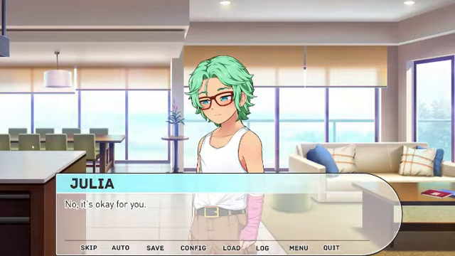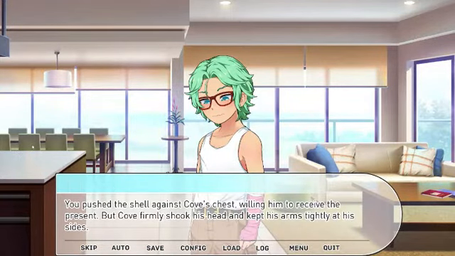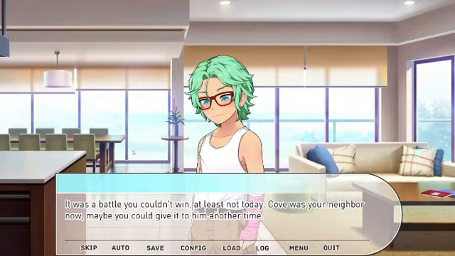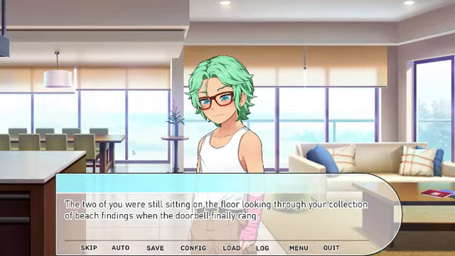"No, it's okay for you." He pushed the shell against Cove's chest, willing him to receive this present. Then Cove suddenly shook his head and kept his arms tightly at his side. It was a battle you couldn't win, at least not today. Cove was your neighbor now. Maybe you could give it to him another time. The two of you were still sitting on the floor looking through your collection of beach findings when the doorbell